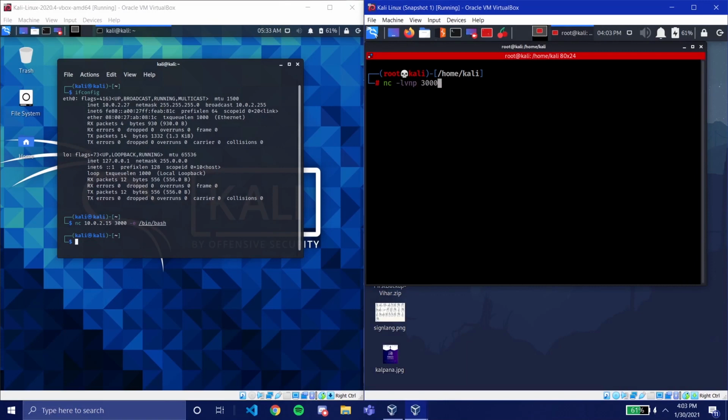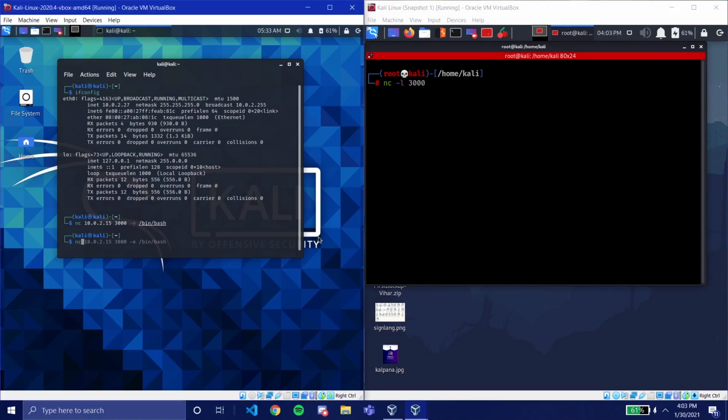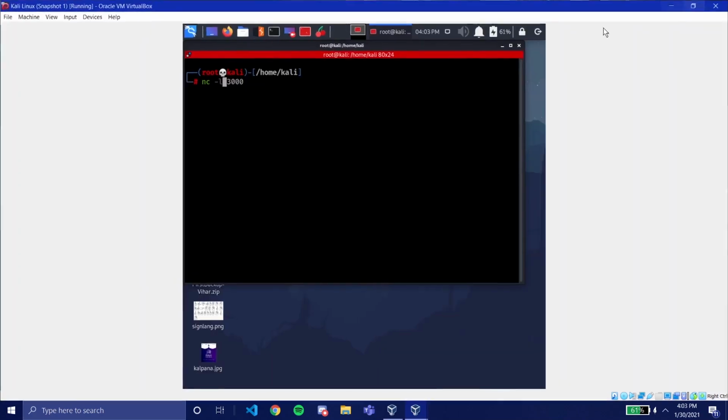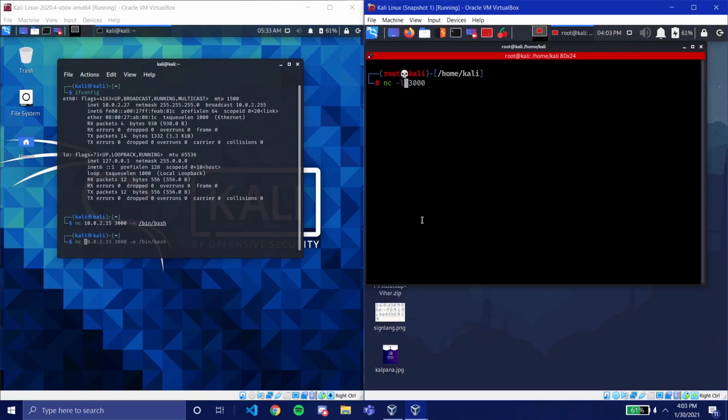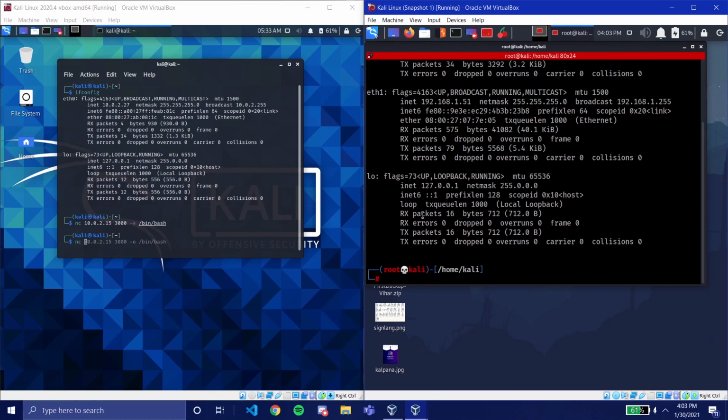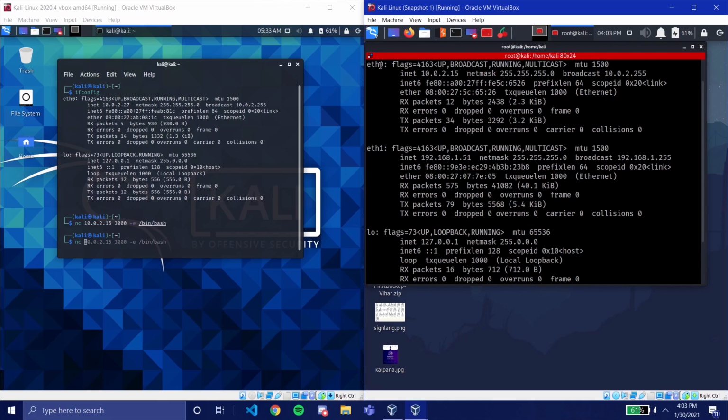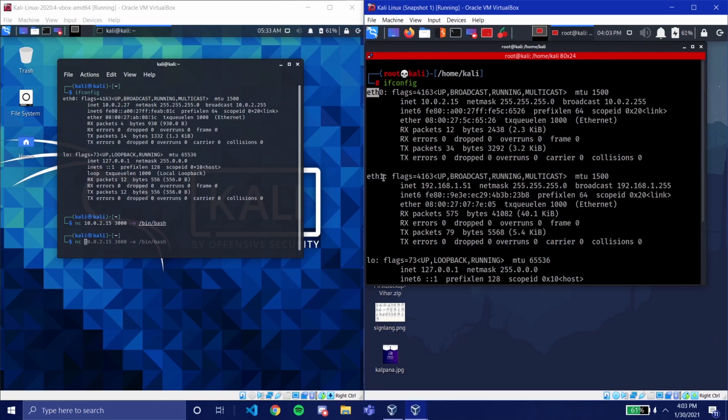Last time I tried nc -l 3000 and tried to listen to that connection, and that was the issue. The thing is, -l works within the same system. In this system alone, if I open one more netcat, it's fine because there's no domain name resolution happening. But now it's out of the local network. If you remember the ifconfig command we used, there's a local network and two other interfaces. We are jumping from the local network to this Ethernet connection. There are two Ethernet connections for mine. You might see one. Don't be alarmed by that.